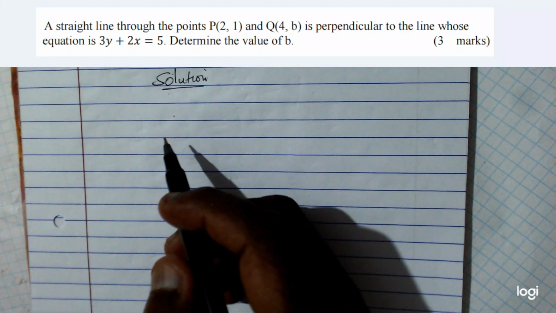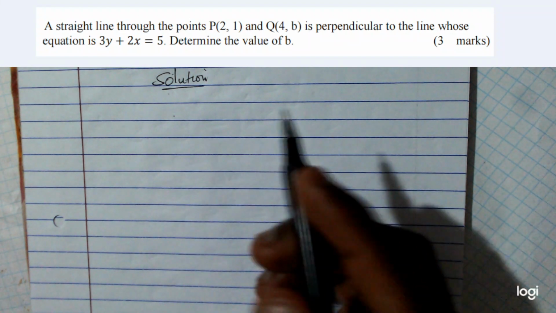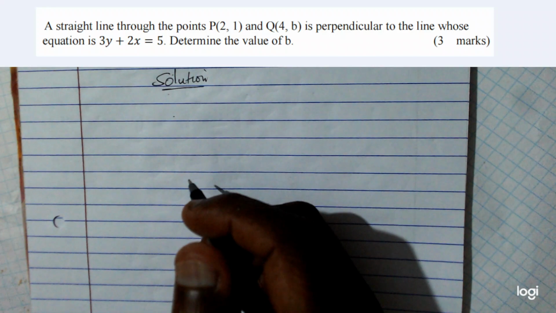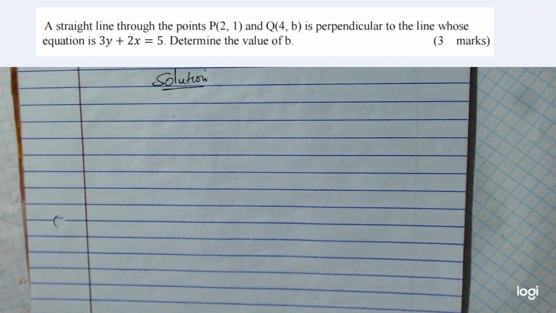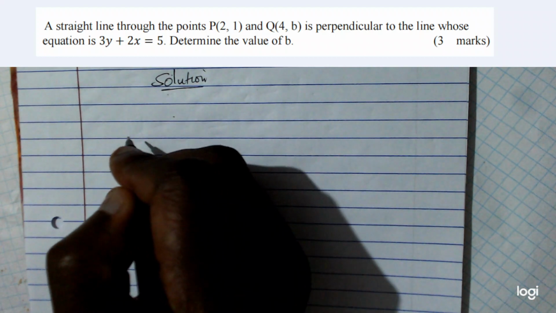So you're given a straight line. It passes through the points given, P and Q, and it is perpendicular to the line whose equation is given there. You're supposed to find b. Now, one important thing that you're supposed to know when solving this question is that when you have two lines that are perpendicular,